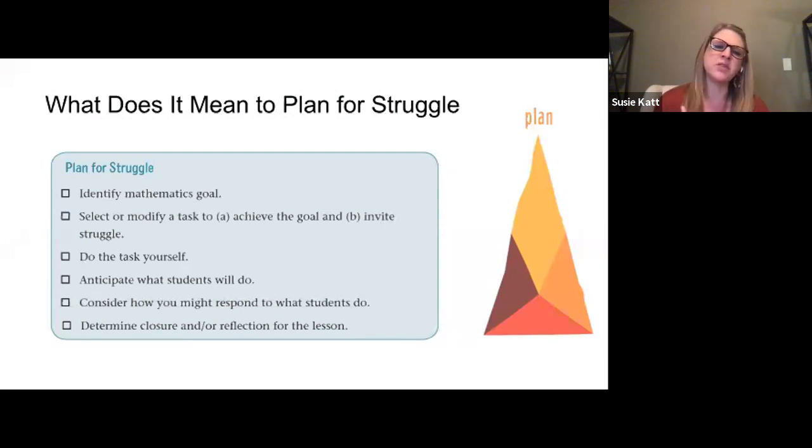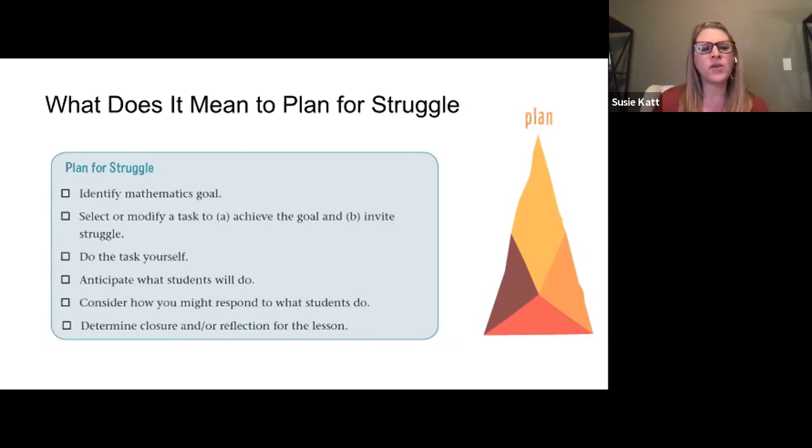But I've learned over time that there's actually things that we can do to plan for lessons that evoke struggle. So, in addition to those things that we all do, we identify a performance goal for our students, what we want them to do, and our instructional goal, like what we really want those students to get out of the lesson. We select a task, we think about how that's going to roll out,